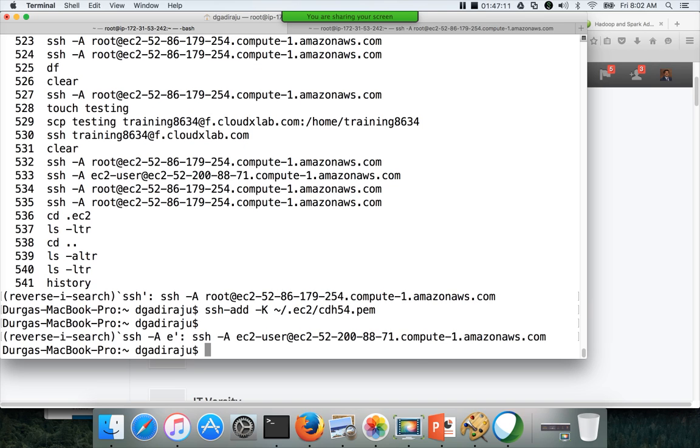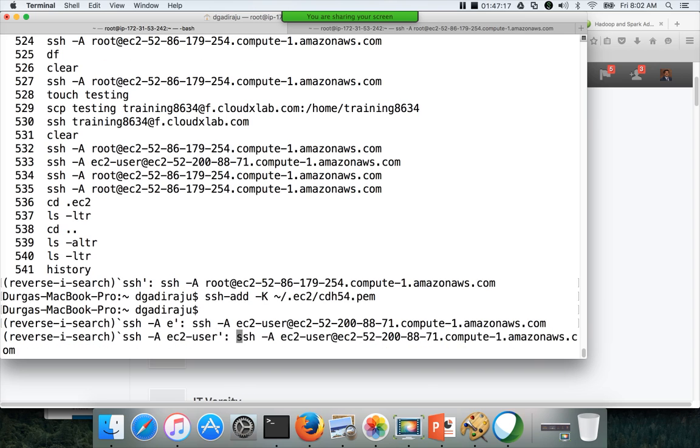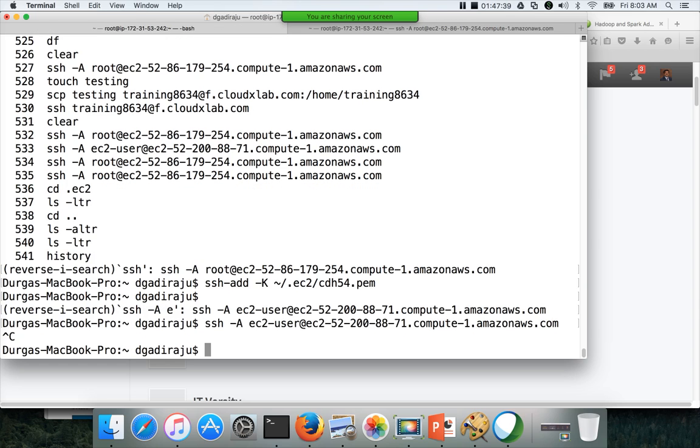SSH -a EC2-user. So if you are looking for a particular command, you just keep on typing, and whenever the matching command comes, you can directly hit enter, and it will automatically connect you there. But the more effective way of doing it, if you are familiar with VI, is a command